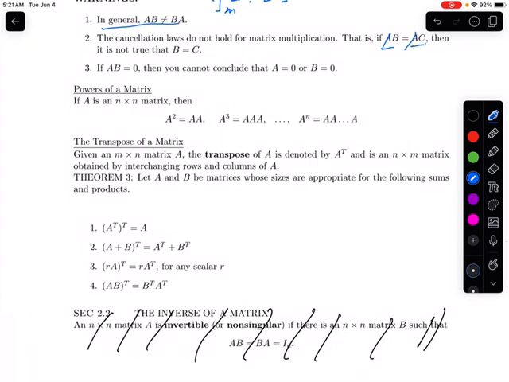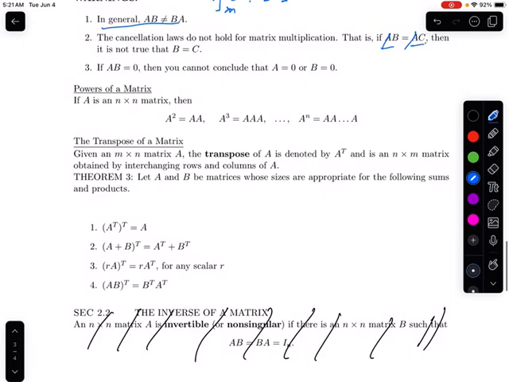Okay, the next thing is the transpose of a matrix. Before that, powers of a matrix. Now, if we are talking about A squared, A has to be an n by n matrix, a square matrix, in order to discuss powers, because if it is not a square matrix, you cannot multiply that. Because if A is of order m by n, then the next is of order m by n. So these two don't match, so you cannot multiply. So for square matrices,